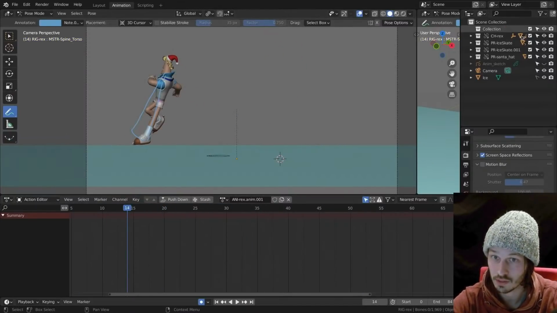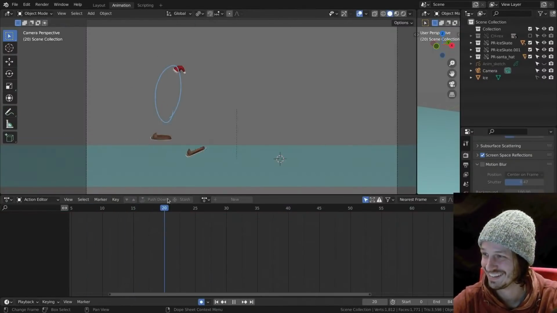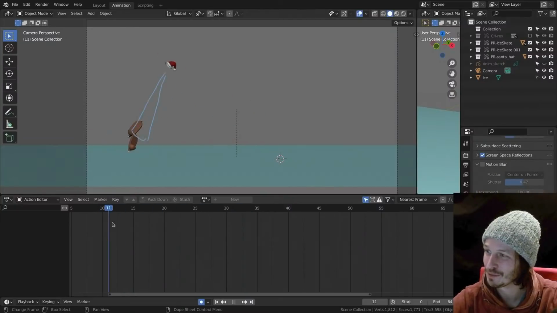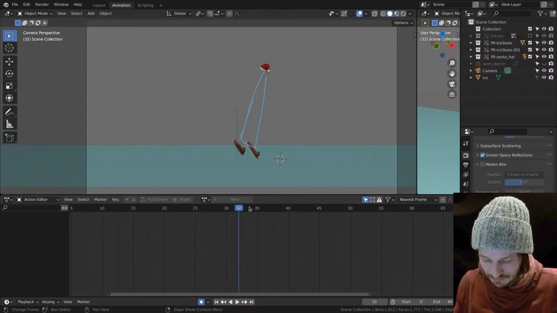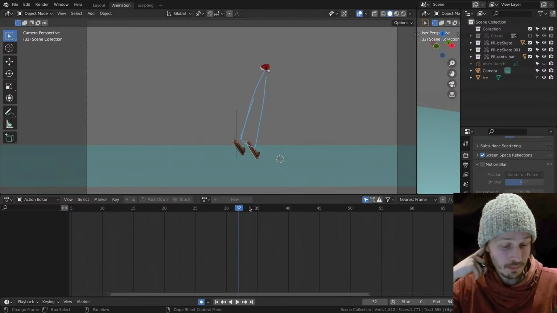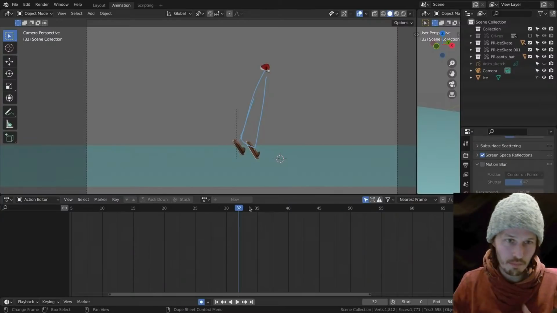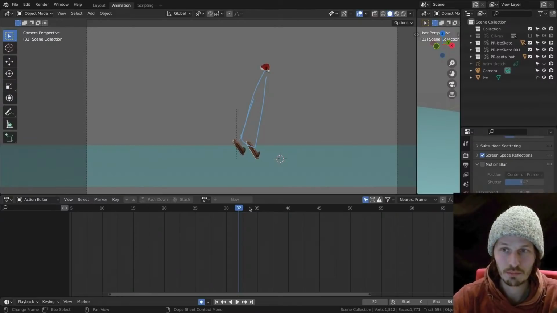And if I turn off the character, maybe this looks weird. It does. But you see, I'm looking for the overall shape to deform in a very dynamic flow